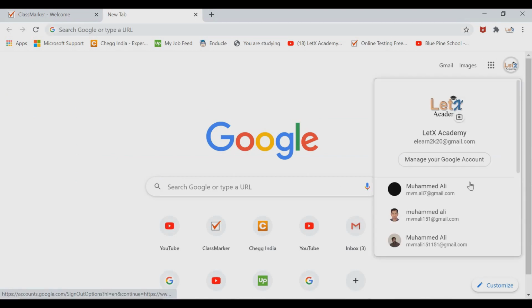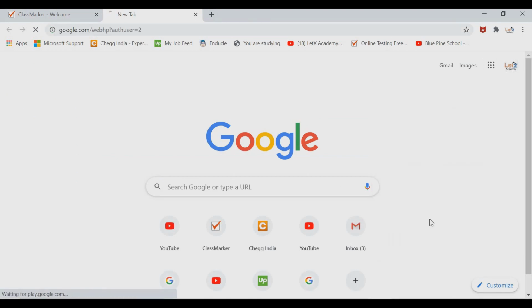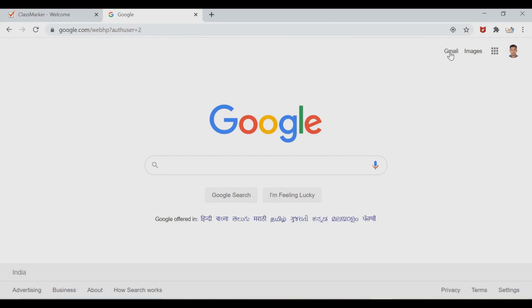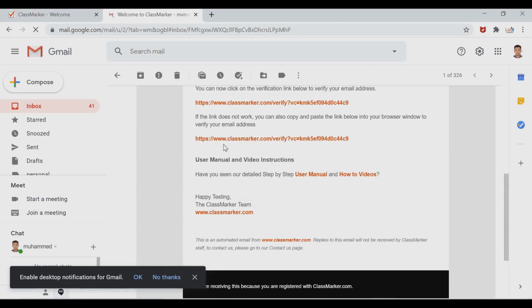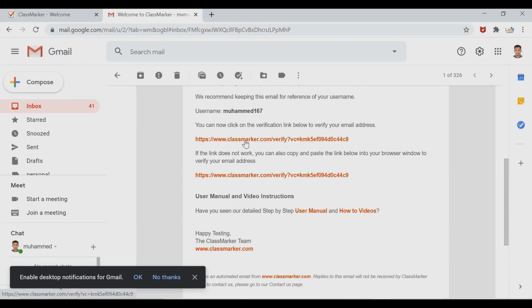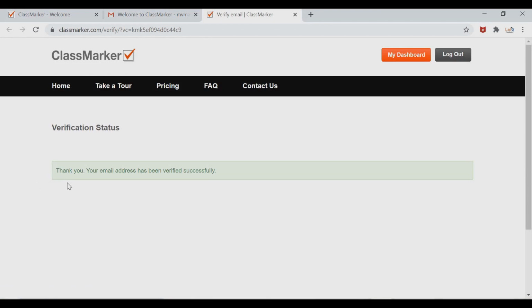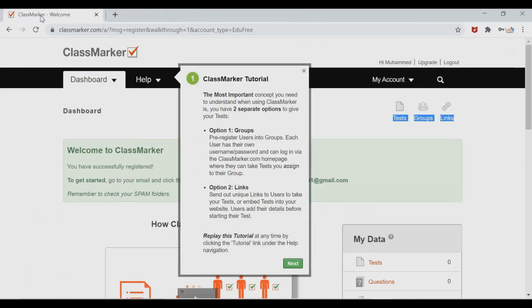For that, you need to go to Gmail, and there will be one email from ClassMarker, and click on the link. Yes, now your email ID is verified. Now close it and go back to the website.